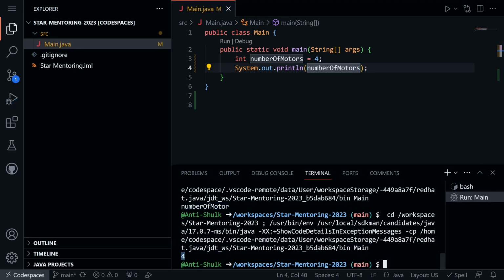So just like that, we have printed out the value onto our screen. So yeah,